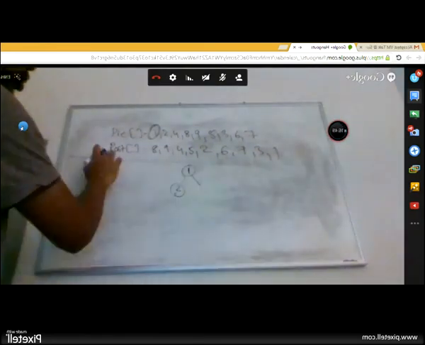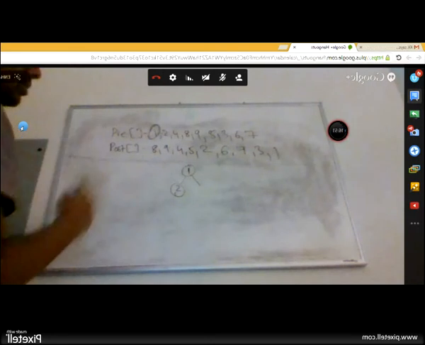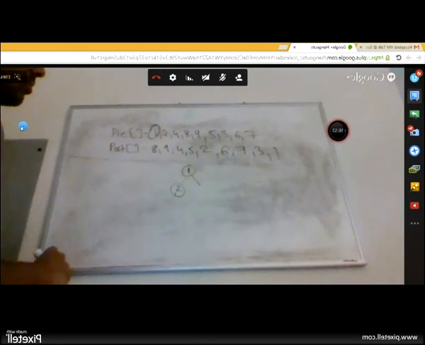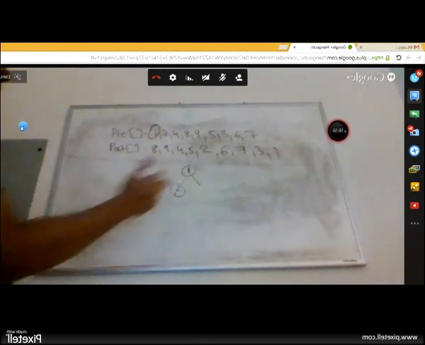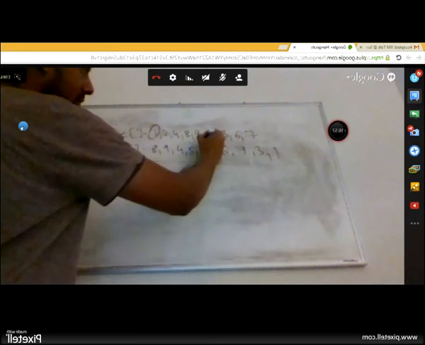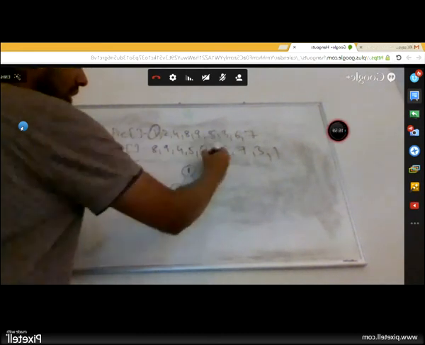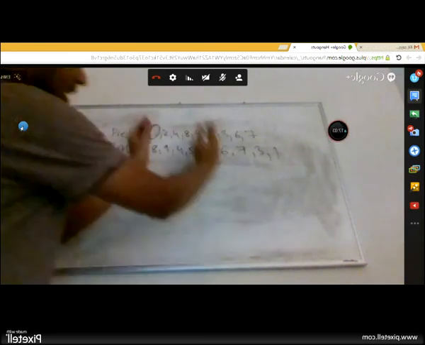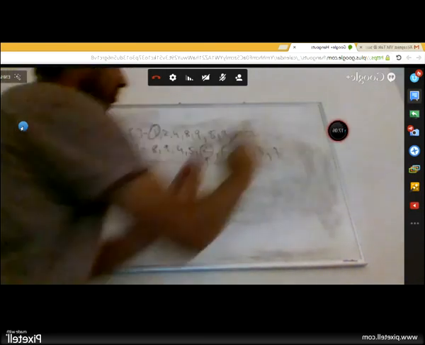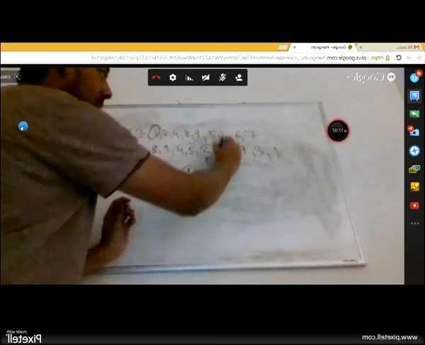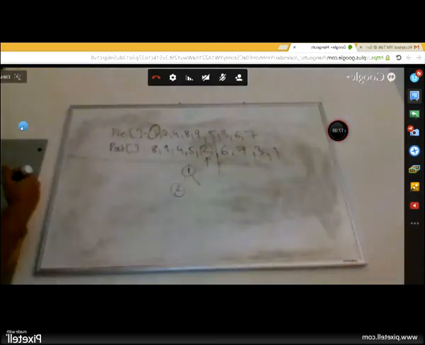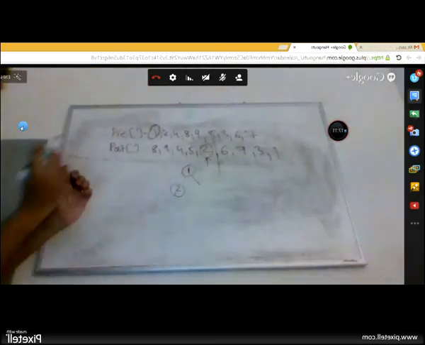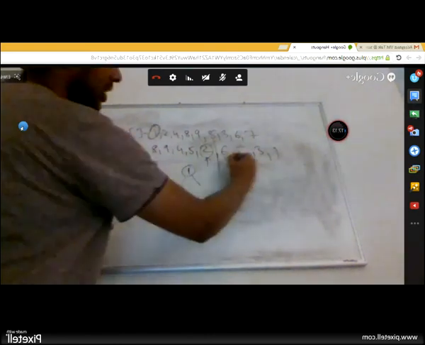If 2 is the left child, since post order basically says left, right, root, right? And if this is the left child, if you are here, post order says left, right, root. So you know that all this must be a part of the left subtree of 1. You can also identify the right subtree.